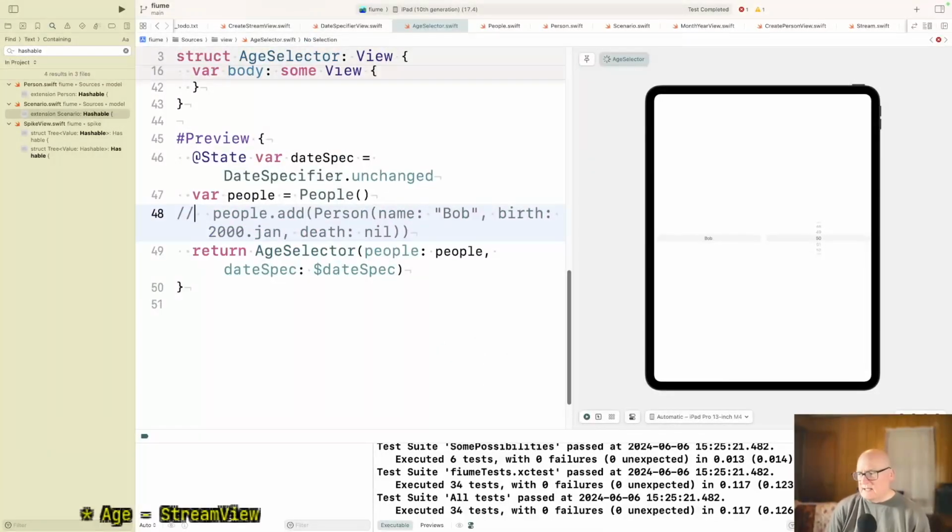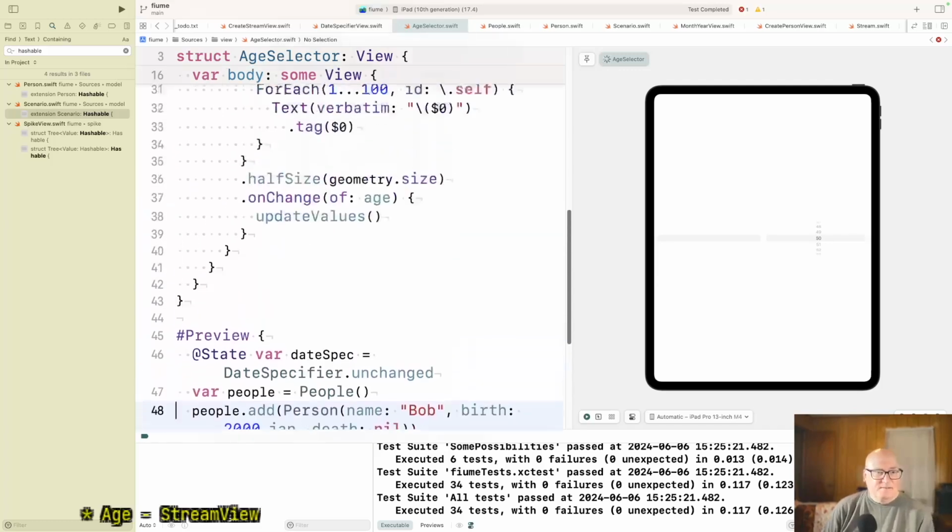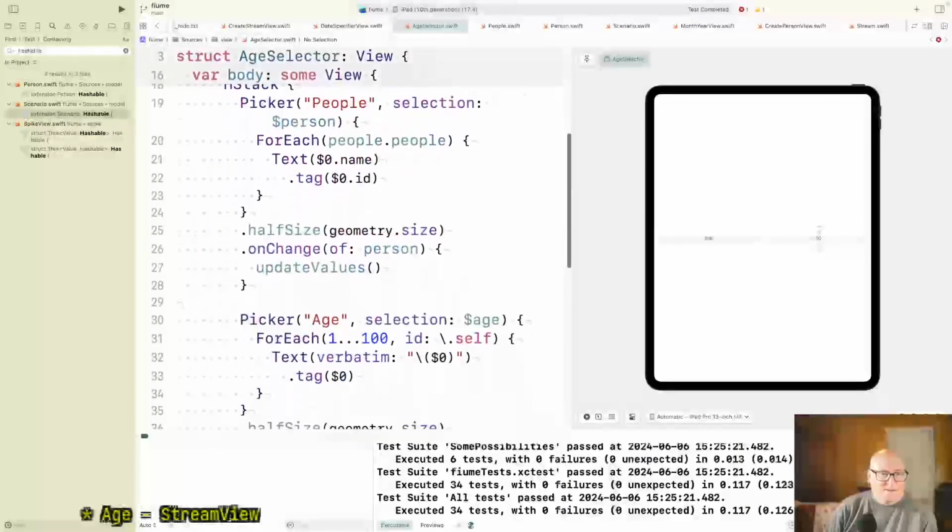I think we want to say something in that case, though. Yeah, that's a little weird, right? I think we should say there are no people, you know, you can't specify an age without people and go add some. Yeah. All right, now